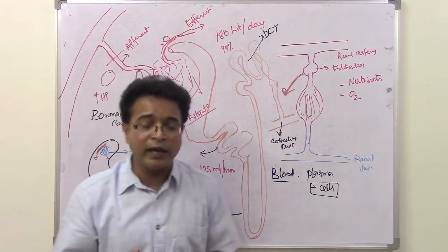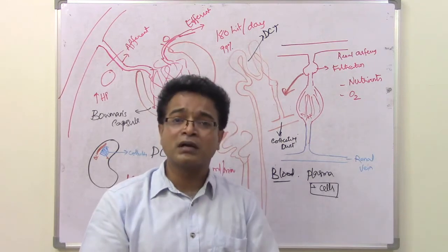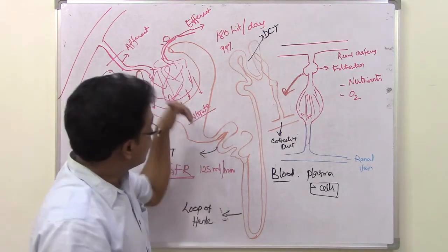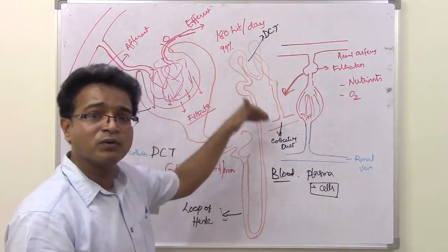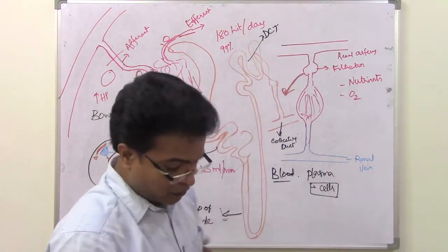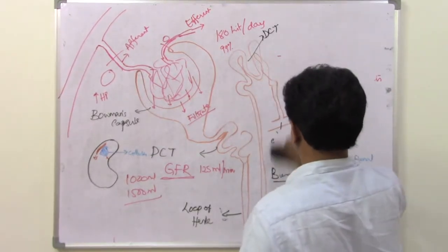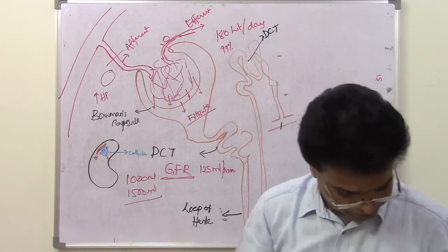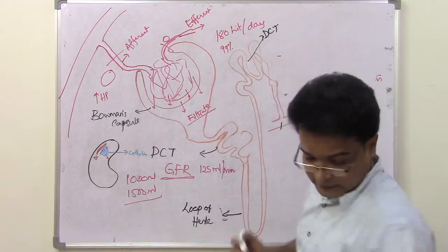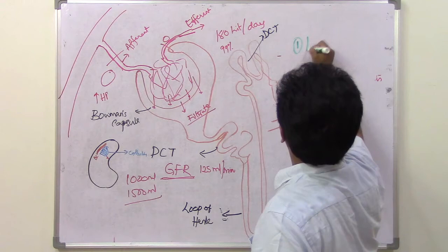So what are all the things that we have? We have water, electrolytes, nutrients like glucose, small proteins. So all these things are filtered out. Out of this, again water is required, glucose is required, so they are again absorbed. So formation of urine now involves 3 steps. The first one is filtration,